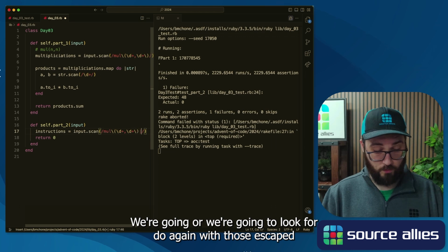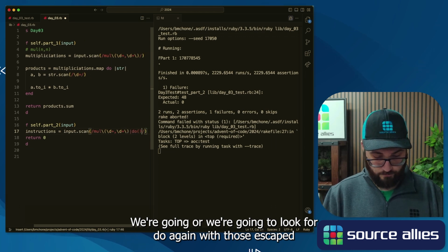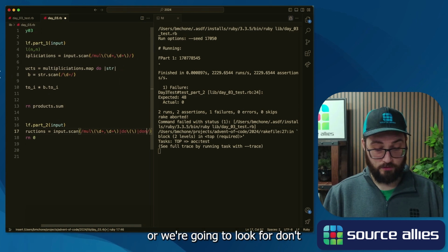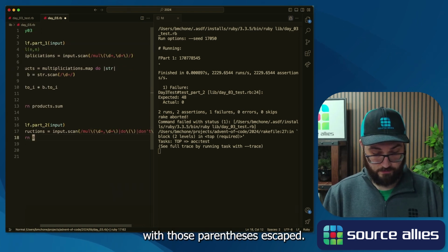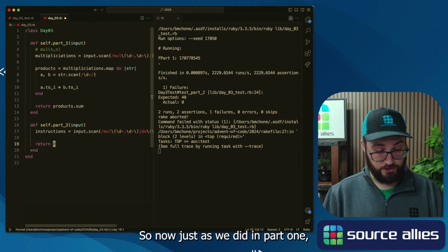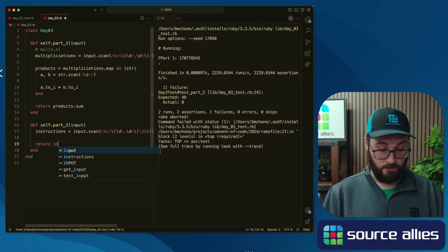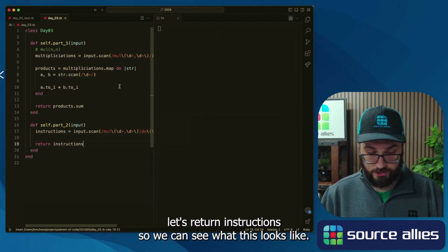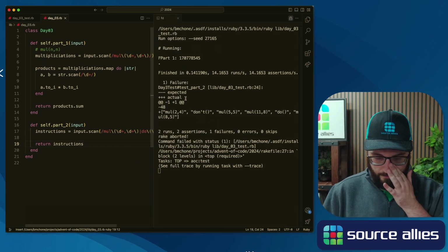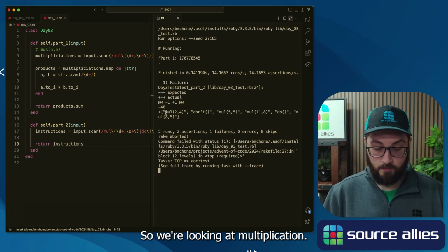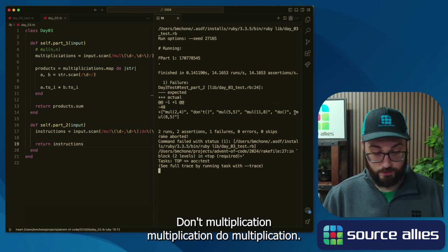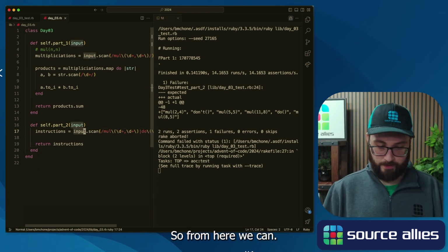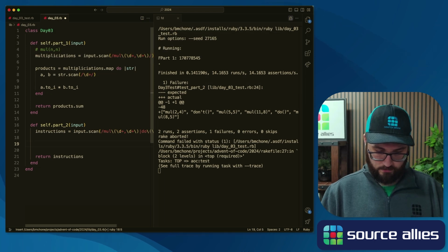So we're going to look for multiplication. We're going to look for do, again with those parentheses escaped, or we're going to look for don't with those parentheses escaped. So now, just as we did in part 1, let's return instructions so we can see what this looks like. So we're looking at multiplication, don't, multiplication, multiplication, do, multiplication. So from here, we can,